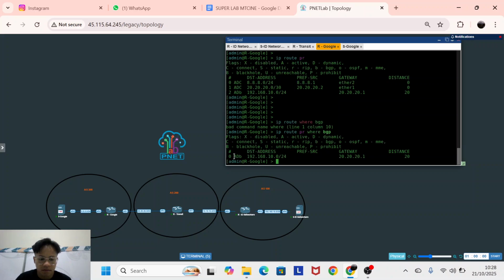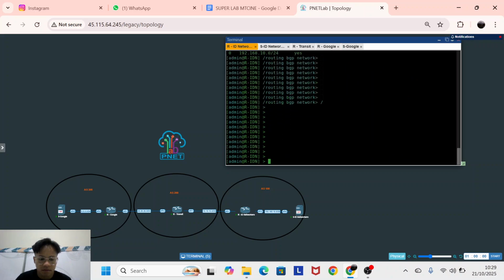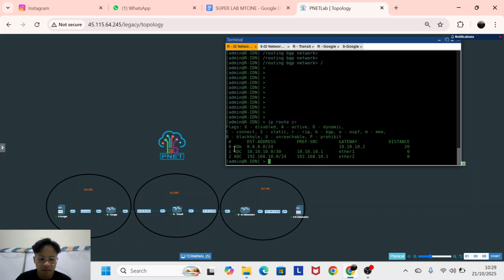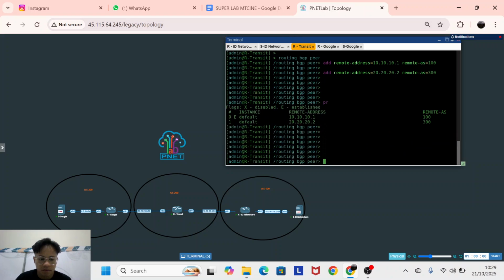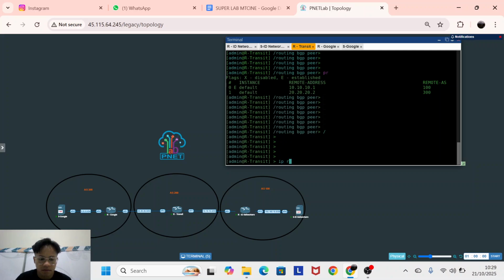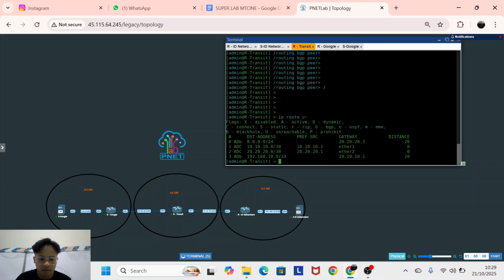Now there is our BGP, our local from IDN, and from IDN we can check it. IP route print. Okay, there is the local of Google, and from transit you can find all of them. Look, it's two BGP from local Google and local IDN.